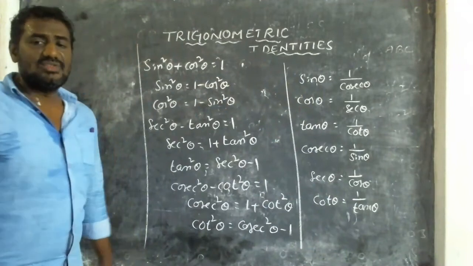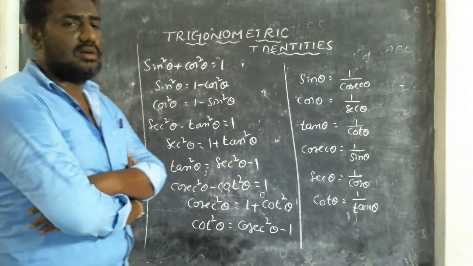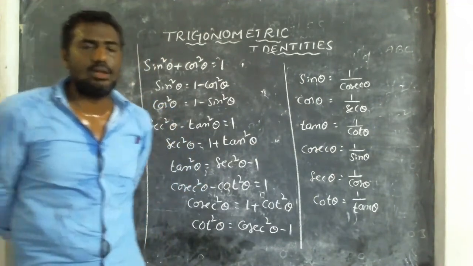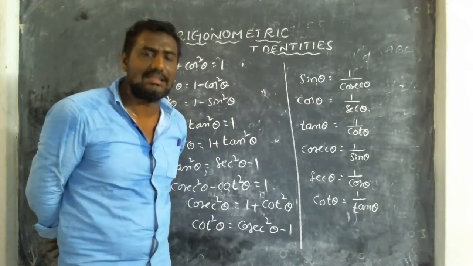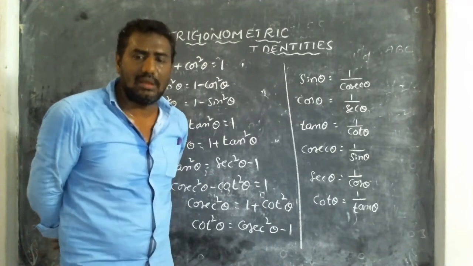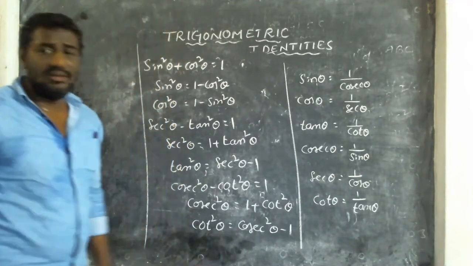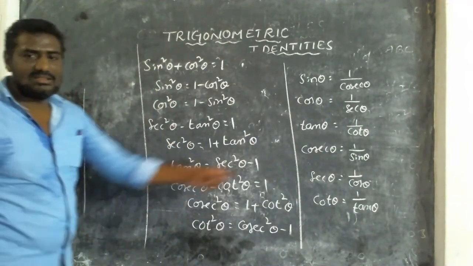So these formulas also you have to learn. These are called reciprocal formulas. Sin reciprocal is 1 by cosec. Cosec reciprocal is sin, but while writing, 1 by sin. Sec reciprocal is cos, but while writing, 1 by cos. Cot reciprocal is tan, but while writing, 1 by tan. And next, very simple, 2 more formulas are there that you also have to learn.